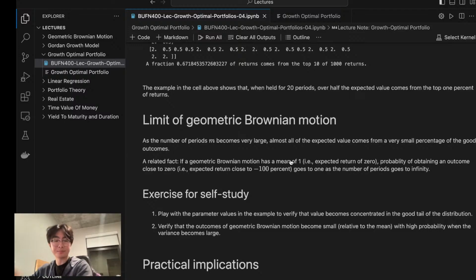So the number of, in geometric Brownian motion, as the number of periods m becomes really large,